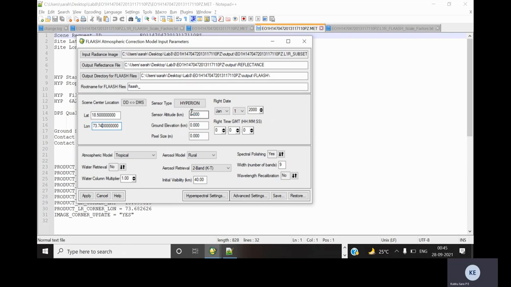That is 705 kilometers. This information is available in the Hyperion data user guide. And for ground elevation we will give 0.025, that is the elevation of our scene from the mean sea level. And the pixel size is 30 meters.